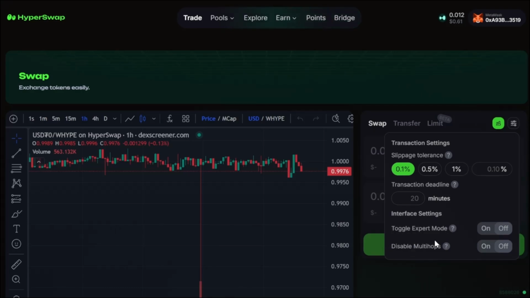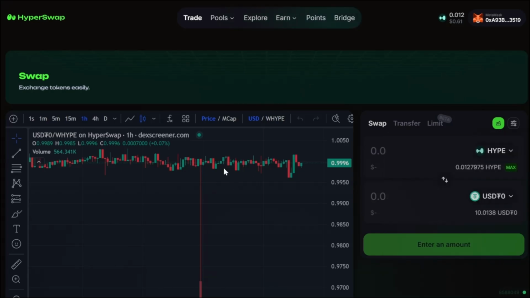And then disable multi-hops. Restrict swaps to only direct pairs only. I would also keep this off because some pairs don't have direct swaps, but they can go through multiple pools to make that swap for you. If you turn that off, there might be some tokens that you can't swap into. So yeah, this is the gist of the